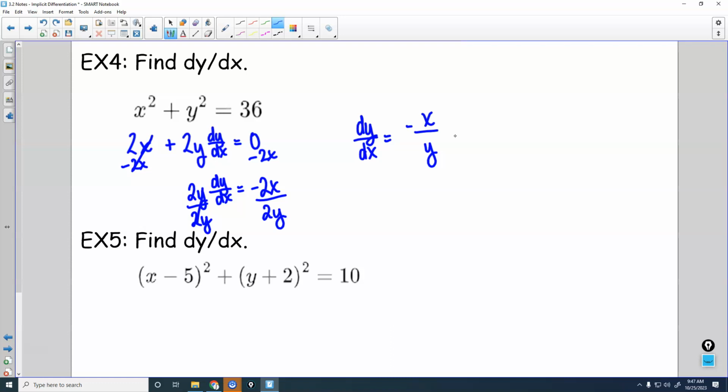Definitely, Luke, it would not matter what your radius was. Your radius could be 100, it could be 49, it could be square root of 3. Couldn't be infinity, because then it wouldn't really exist. But it could be all the way up to infinity. It could be any number right there, and you would still get the same derivative no matter what. Now, 5 is still a circle, but the center is not at 0, 0, so I think we're going to see something different out of it. All right, so